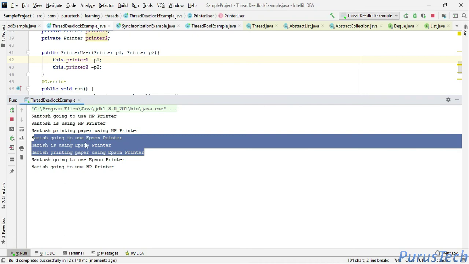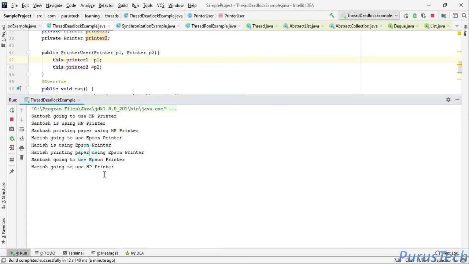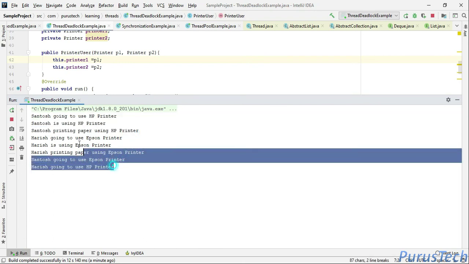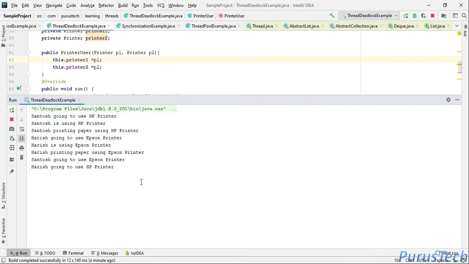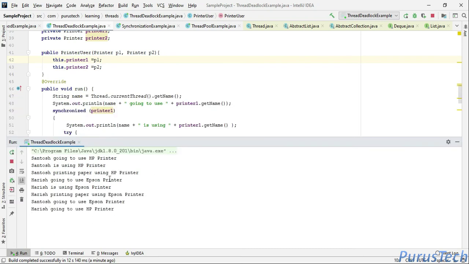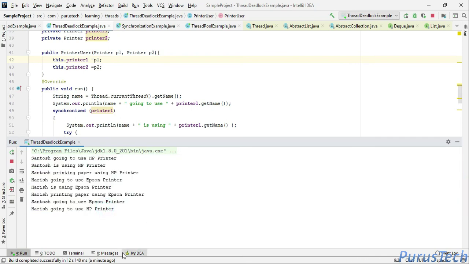Once Harish is done with his work on the absent printer, he's going to use the HP printer, which is held by Santosh. Now nobody is leaving the other. You will see a deadlock situation happens here, and this program will halt here and it will never come out. Now to see whether deadlock has happened in our program or not, you can use the JVisualVM tool